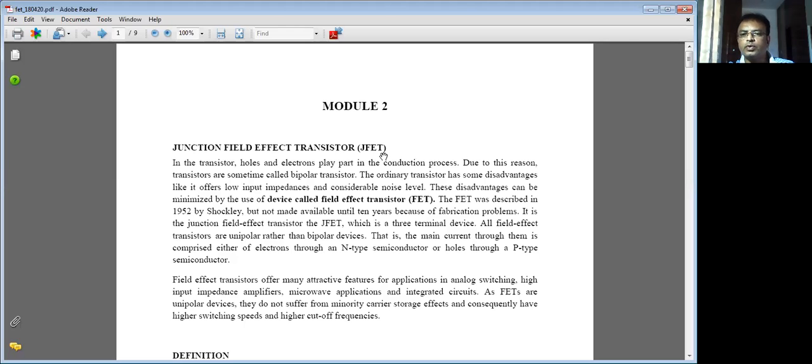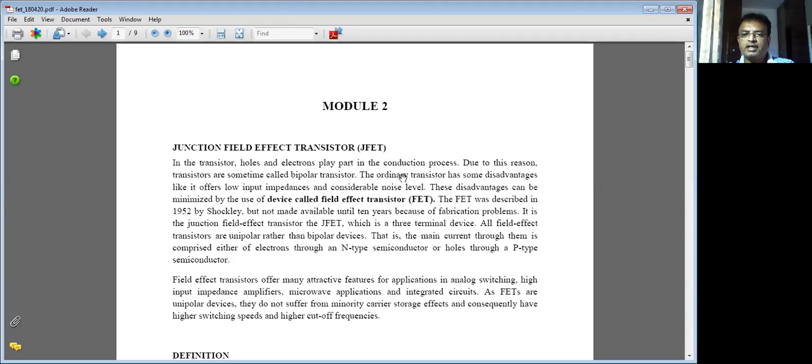A diode is a two-layer device. A bipolar junction transistor is a three-layer device. Now this is the field effect transistor, the junction field effect transistor. As we go on, you will come to know complete details about it. The main application of the diode is to use it as a switch, on and off. A simple application of the transistor is also a switch. The JFET's main and simple application is also a switch.